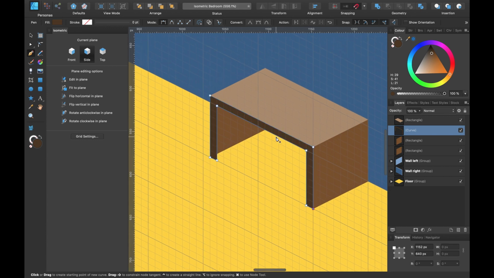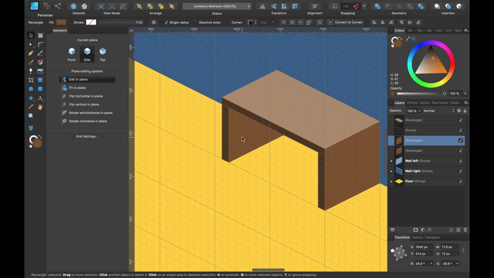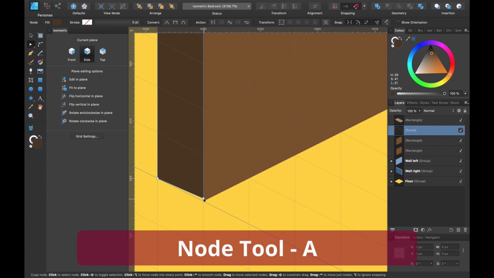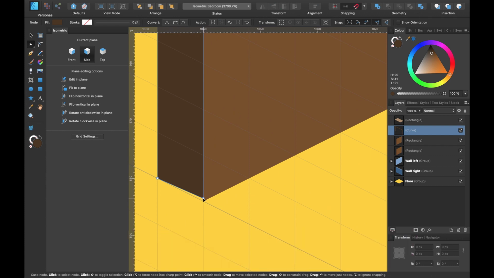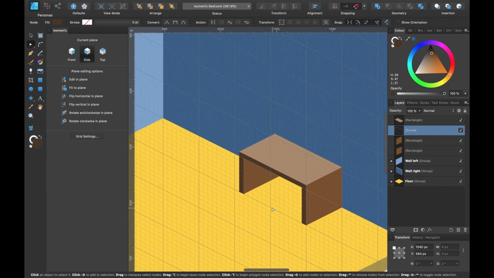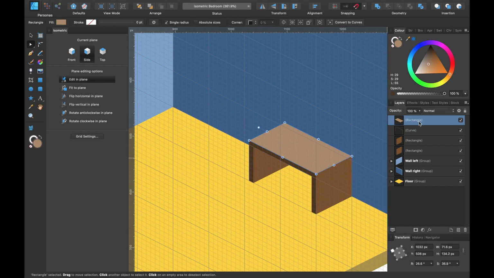And now you can see the other side of the desk. It doesn't really work, so I'm going to press V so I can select the background layer. I'm going to click on Shift and just move it forward a little bit. And it looks like we didn't quite get that right there, so I will head into the node, just zoom in, and I'll click on that and just drag down till we get it right. Everything else looks fine. That is our desk complete. It's a simple desk, but that's fine.